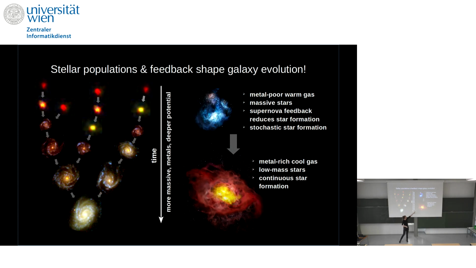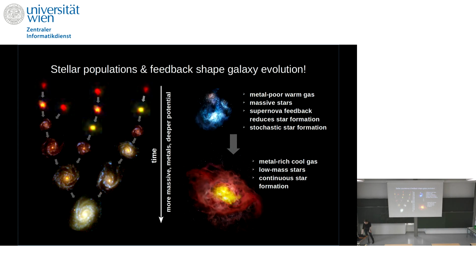And at some stage, a galaxy becomes so massive that the supernova feedback can't do this, and in different regions of the galaxy, you continuously form stars. And that's what you then see. And they're also more metal-rich and dominated by low-mass stars because they're becoming more metal-rich. All right. So this was roughly an overview of this.